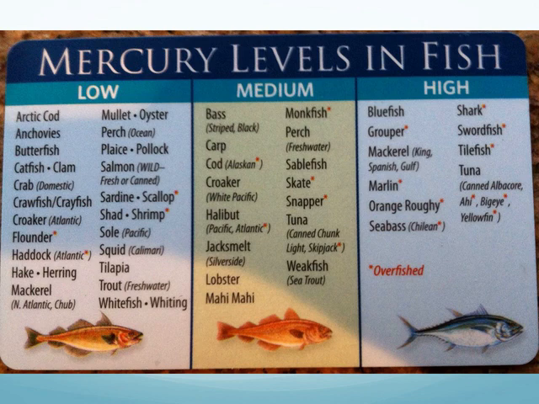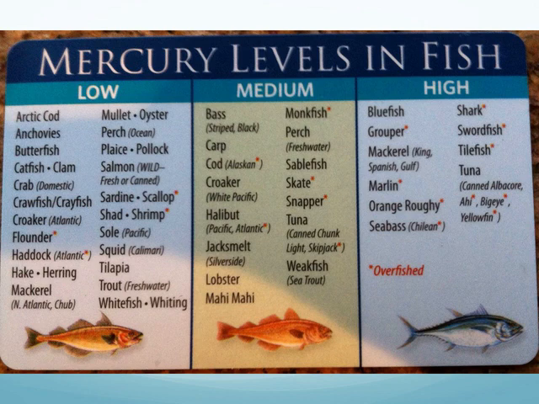Let's see. Now if we go to the medium category, these types of fish tend to eat the low category fish, so they have an increased amount of mercury within them, and you can see a number of them have the red asterisks as well. So your skipjack tuna, your snapper, skates, cods, but only your Alaskan cod is overfished, and your halibut. But your halibut, only the Atlantic stock is overfished, not the Pacific one. Okay, and then for medium, you typically would not want to eat these fishes more than a couple times a week in order to keep your mercury levels down.